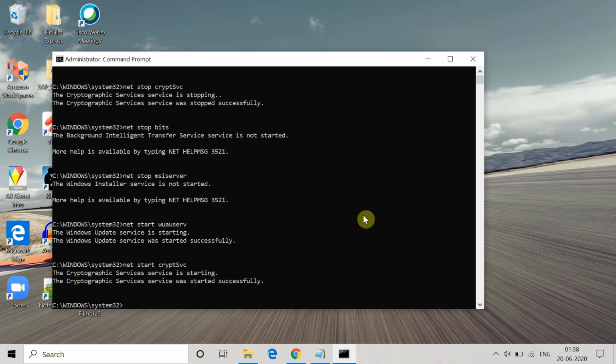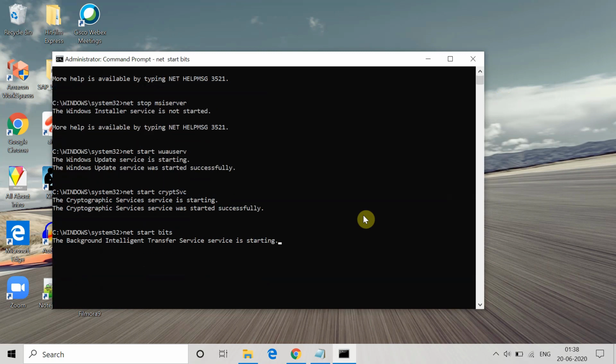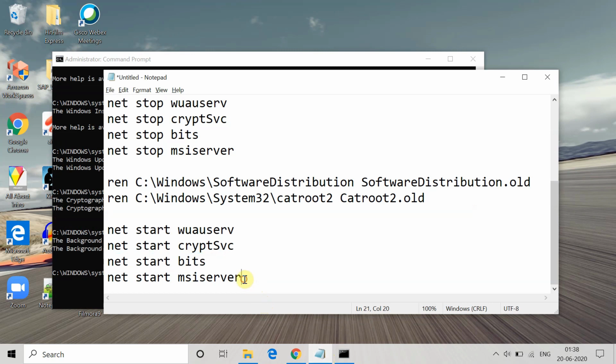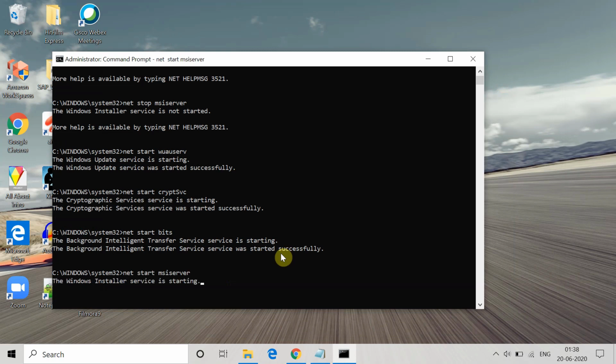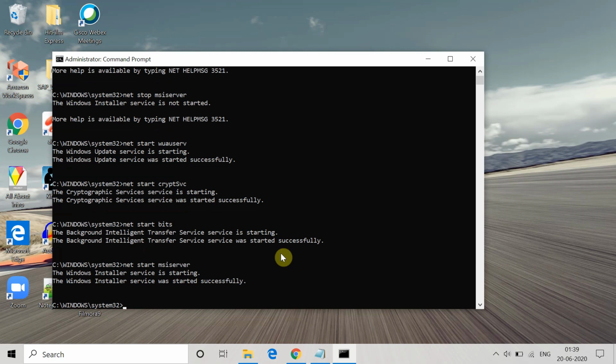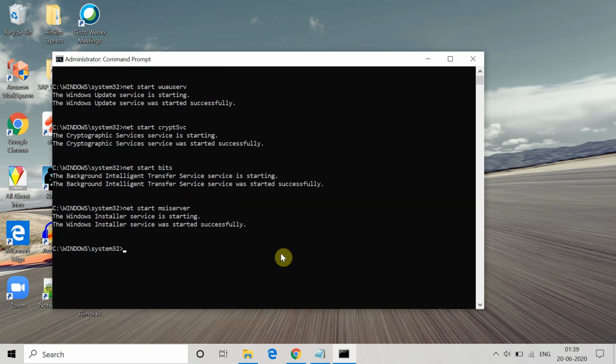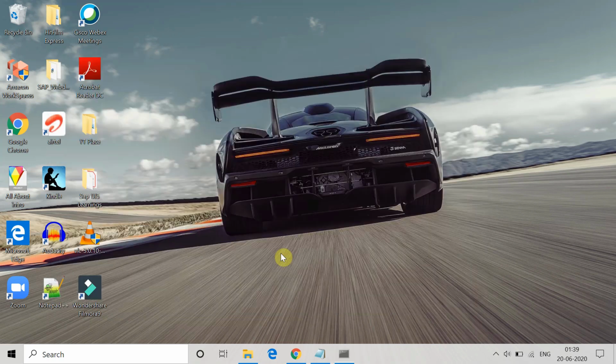This will start the Background Intelligent Transfer Service. The last command is net start msiserver. This basically starts the Installer service. Execute these 4 commands one by one, and then just type exit to exit from the Command Prompt and restart your system and check if you are getting this Windows update error or not.